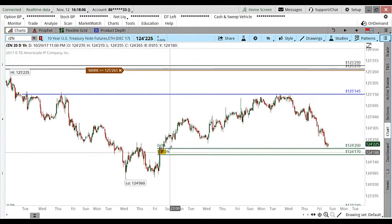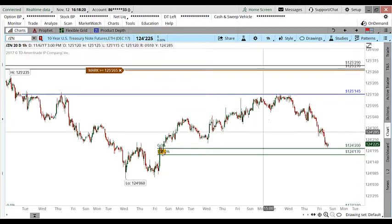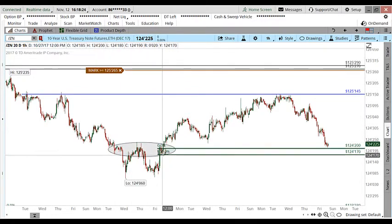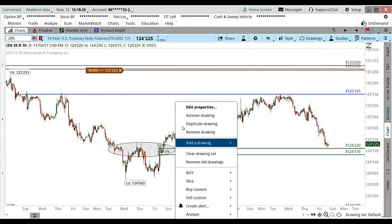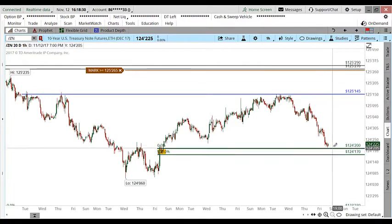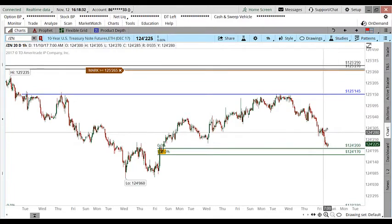Where we've got a lot more buyers than sellers in this region, where we had a fair price level. I like that this kind of served in the past. There is a fair amount of noise here from when that level got broken, which could leave some psychological buying in that region. So if price comes down into here, there could be a buying opportunity back up at least